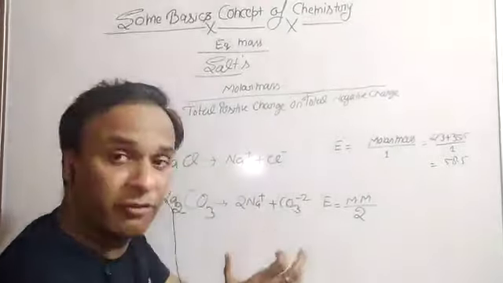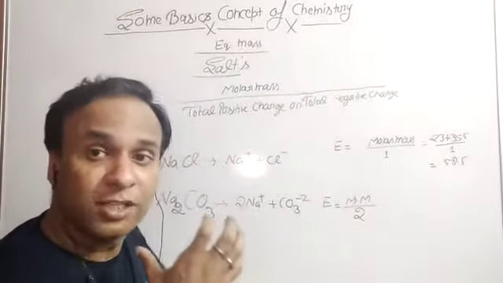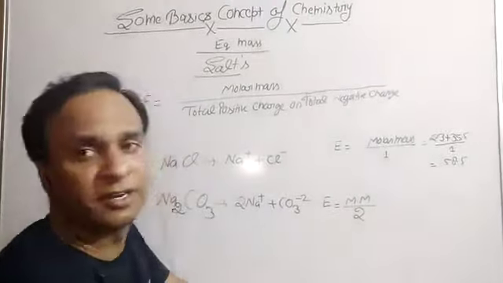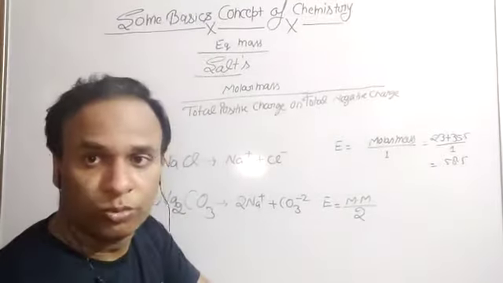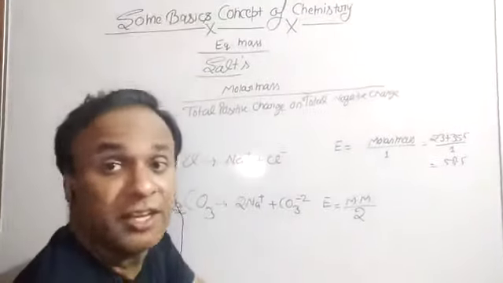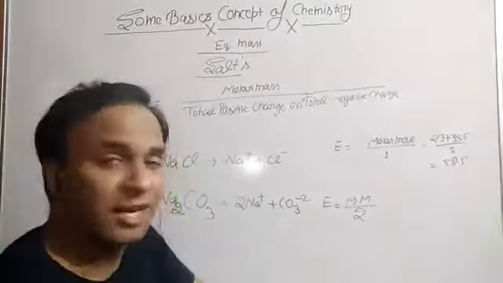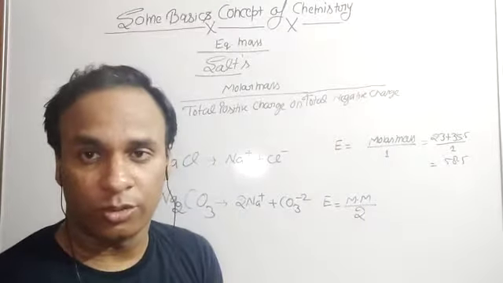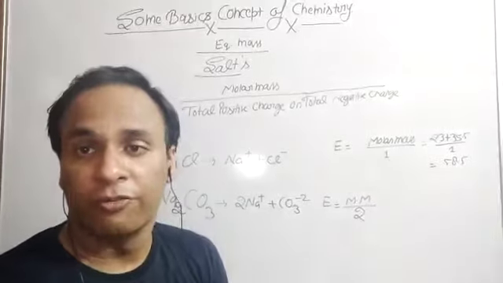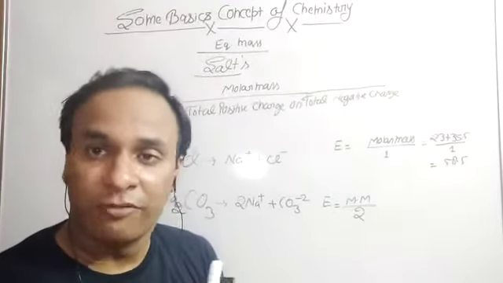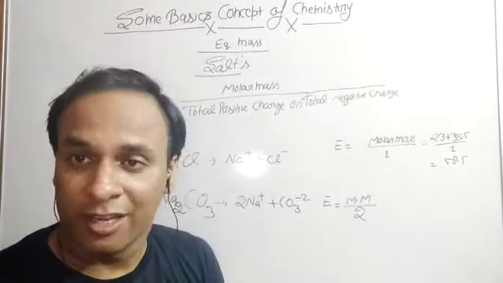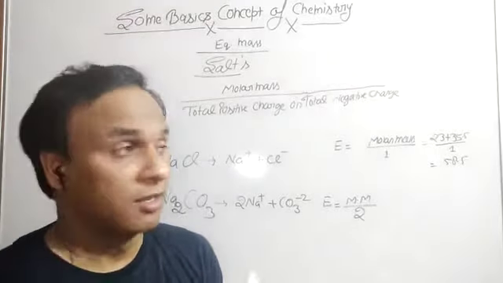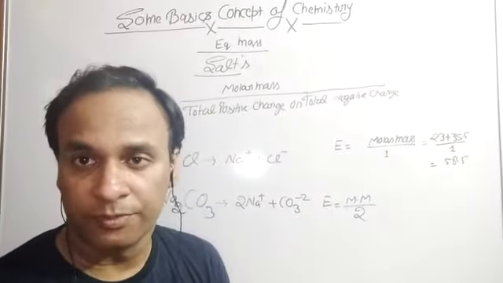That means whether we divide on the basis of negative charge or positive charge, we divide by 2, because we have to use only the numeric value, not the sign, plus and minus, which shows the tendency to gain or lose the electron. This is the way by which we can calculate the equivalent mass, and without calculating the equivalent mass, we cannot calculate the normality of a solution.